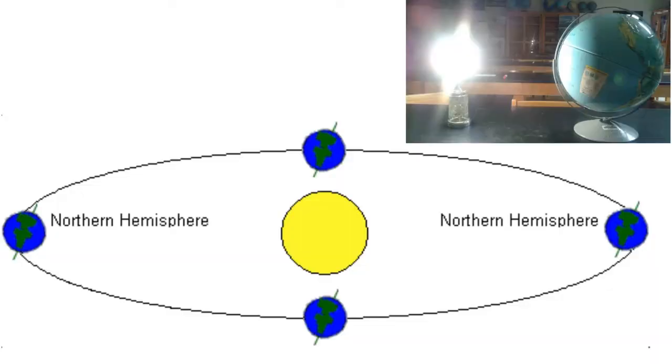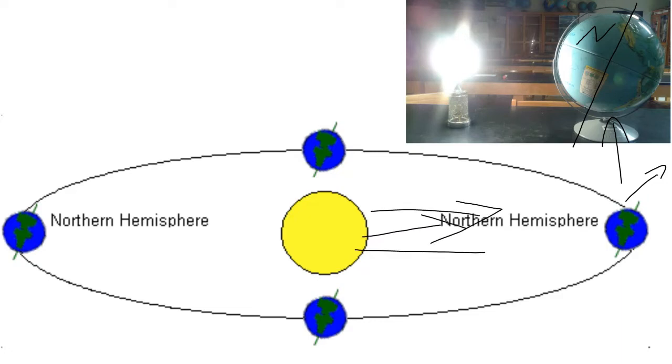So we have something like this. Here's a picture of my sun and my Earth that is tilted as it moves around the sun. And you'll notice that this picture is oriented the same as my globe here. There's my axis of rotation. Here's my northern hemisphere. So in this picture here, the northern hemisphere is kind of tilting away from the sun. So as the sunlight's hitting it, it actually has a smaller area that is lit up, getting less sunlight, meaning you have lower temperatures. That's what winter is for us.